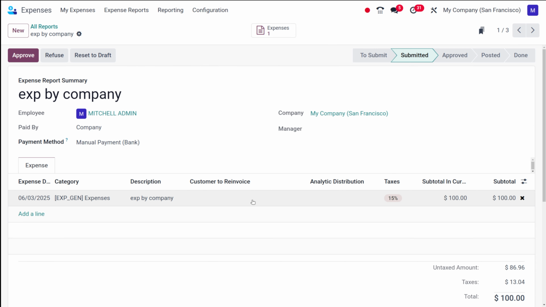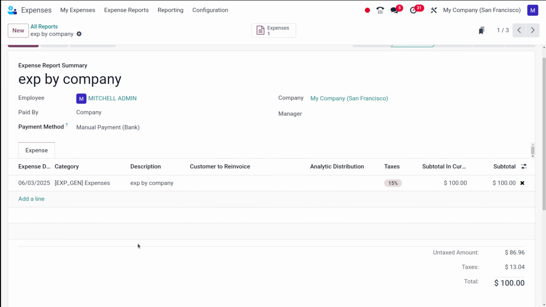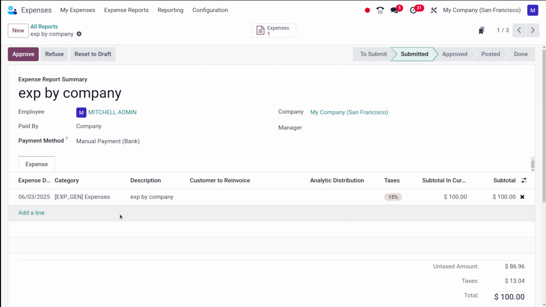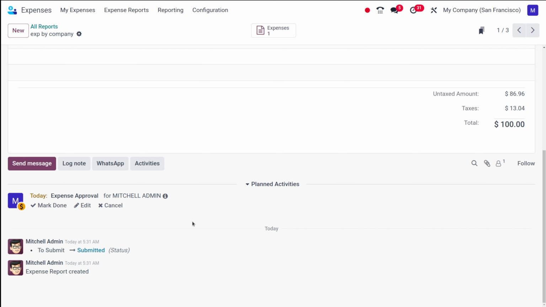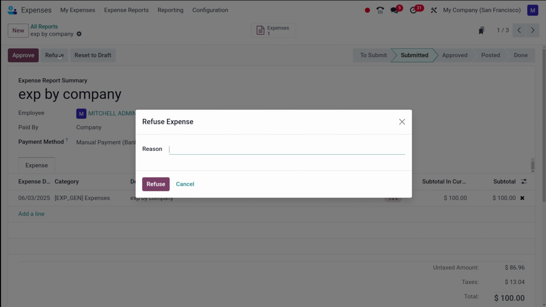So if you need more information like a missing receipt, it's best practice to communicate this using the integrated communication tool, which is known as the chatter. Okay, then you have to click on send. Whatever you do over here, you have to log it and send it. So refusing is like click on refuse. So you can't simply refuse it like that.